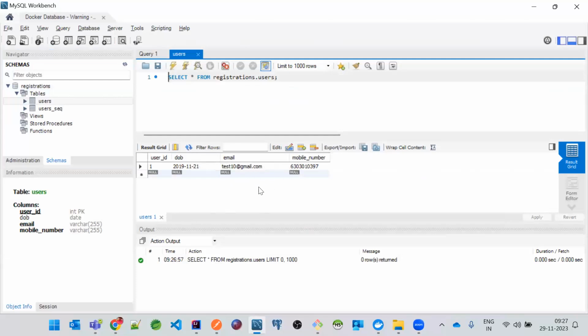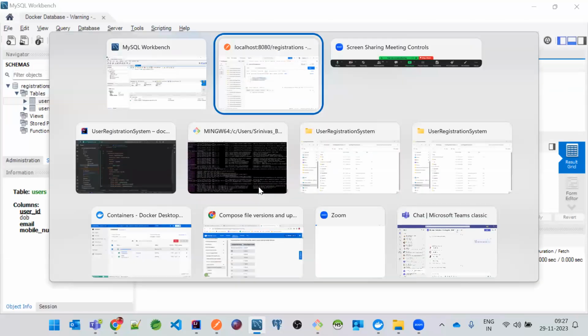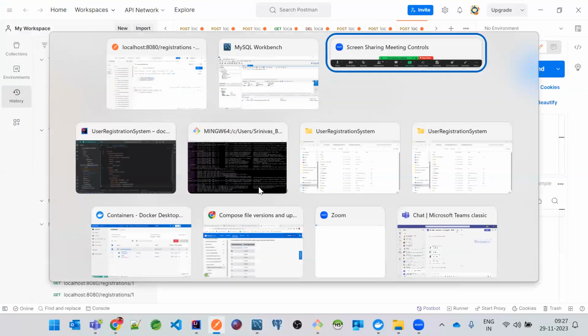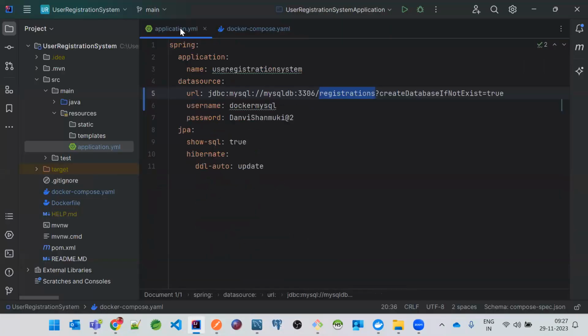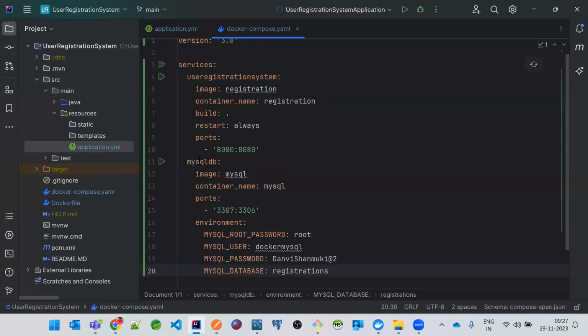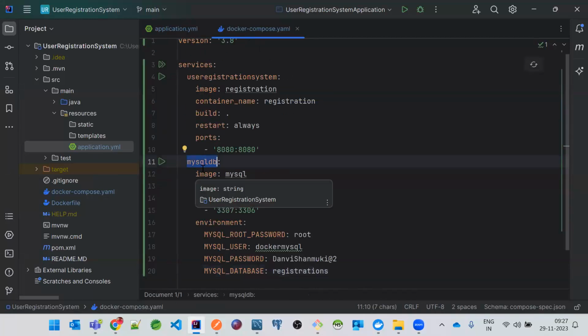And now let's understand what are the different variations that we do have. If you just go to this one, here I have used only MySQL DB. That is the service name of the MySQL. That's it. This is a MySQL DB. That is the service name. Okay. And here